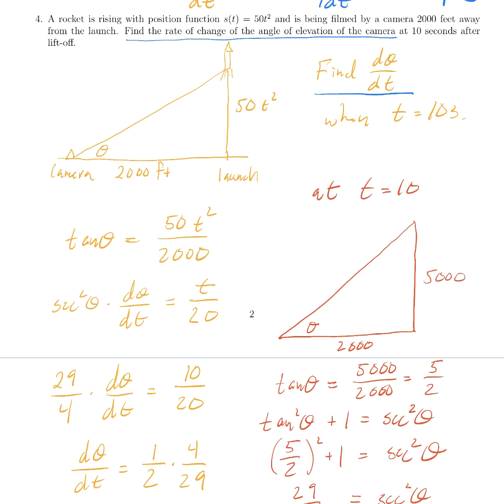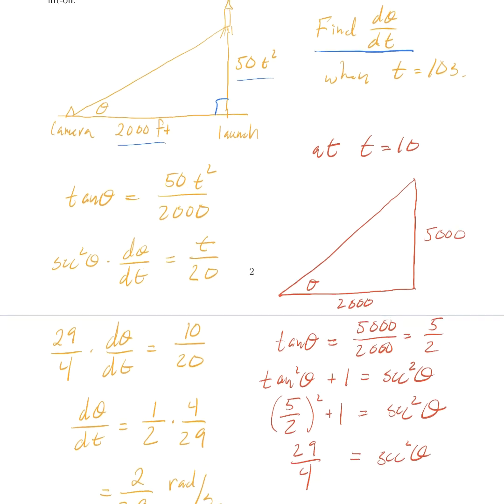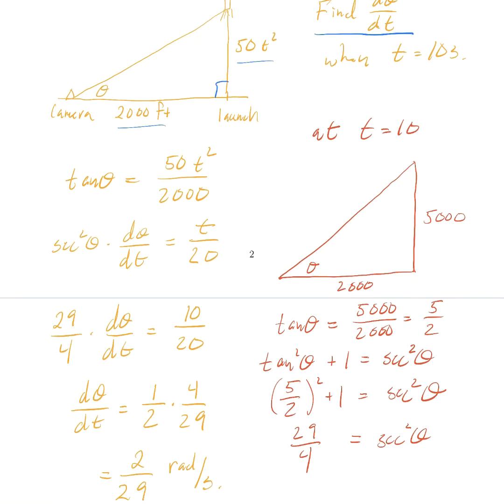Okay, so let's look at this picture. What do we have? We can get an expression for theta in terms of t pretty easily by using tangent. We know that tangent is the opposite side over the adjacent side of a right triangle. Here is our right triangle. And so the tangent of theta is 50t squared divided by 2,000, which looks like we could do some simplification there. That's 5 over 200 t squared. And from here to here, we can take derivatives